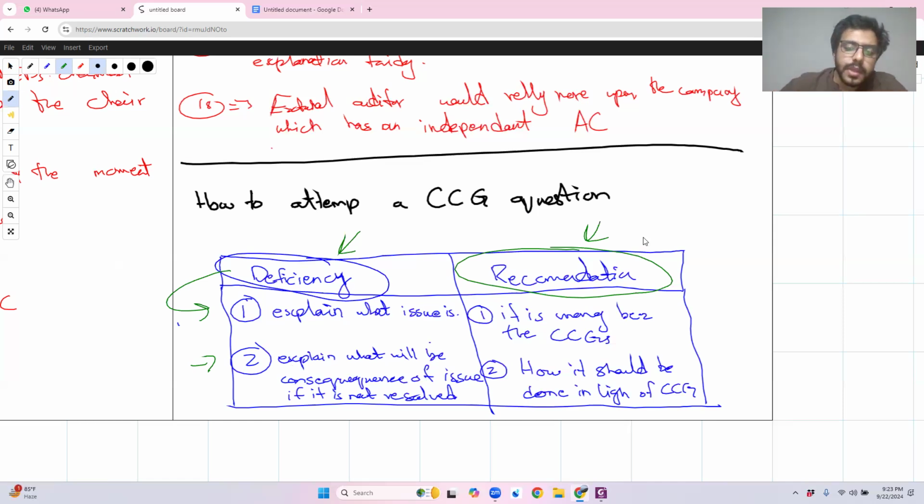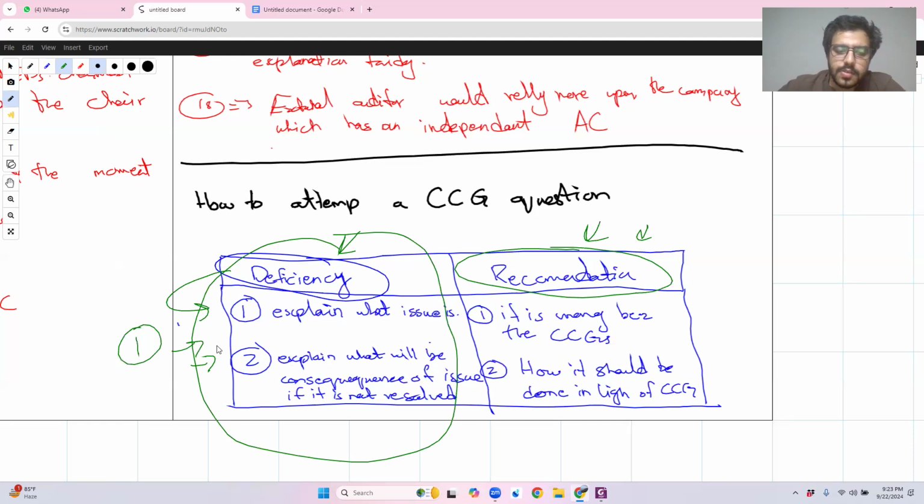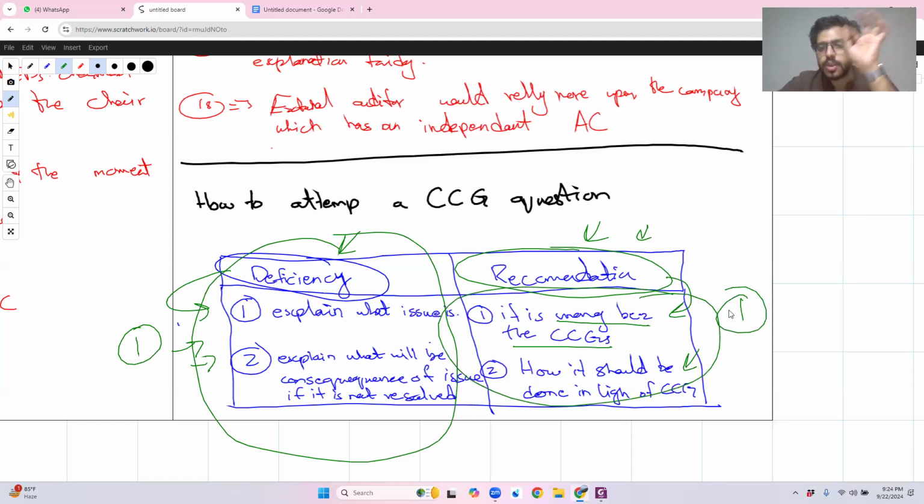The second thing is the recommendation. Remember, for deficiency, when you perform these 2 steps, you are given 1 mark for each issue that you identify. Then when you give a recommendation against it, a recommendation is of 2 steps as well. First of all, what is being done wrong in accordance with the CCG, and what does the CCG say, how should it be done? Both of these steps are again for 1 mark. So in total, for 1 issue that you identify within the exam, you write down the deficiency and provide a recommendation, and you will get 2 marks for that specific issue. Based upon this theory, we are going to